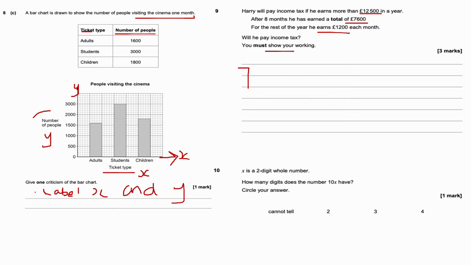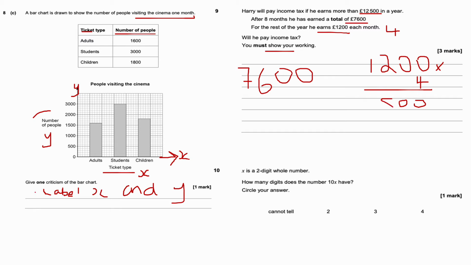For the first 8 months, he earns £7,600. For the rest of it, the remaining 4 months, he earns £1,200. So if I do £1,200 times 4 and then add it on to 7,600, if that number is bigger than 12,500, then he does pay income tax. If it's smaller than or equal to that amount, then he doesn't. 0 times 4 is 0, 0 times 4 is 0, 4 times 2 is 8, and 4 times 1 is 4. So adding this on to our current number,